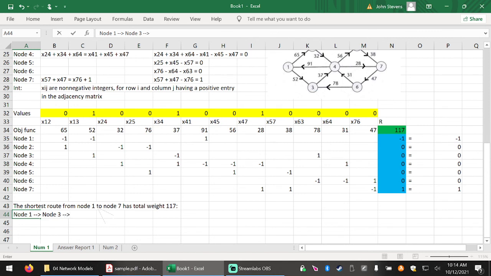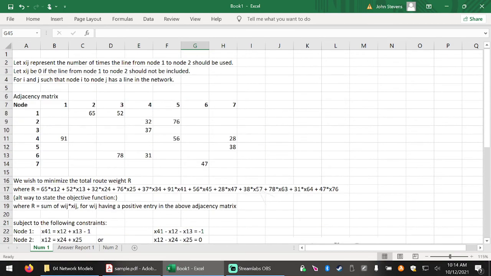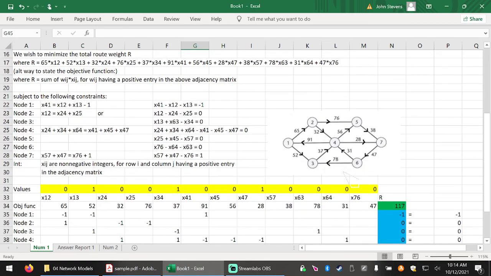Then I have to piece them together, node 3 to node 4, and then to node 7 finally. Beautiful, beautiful. So there is a lot happening here, a lot, and a lot of options for how you can